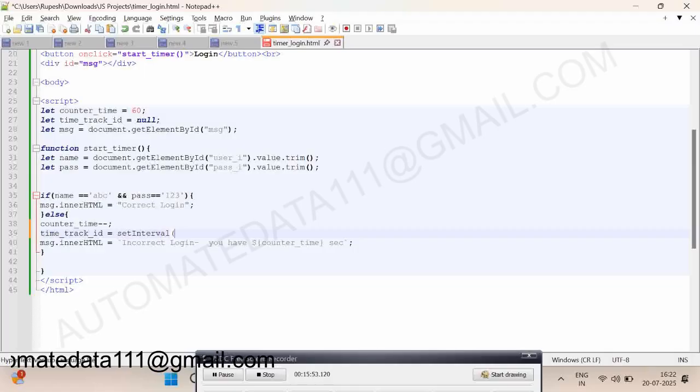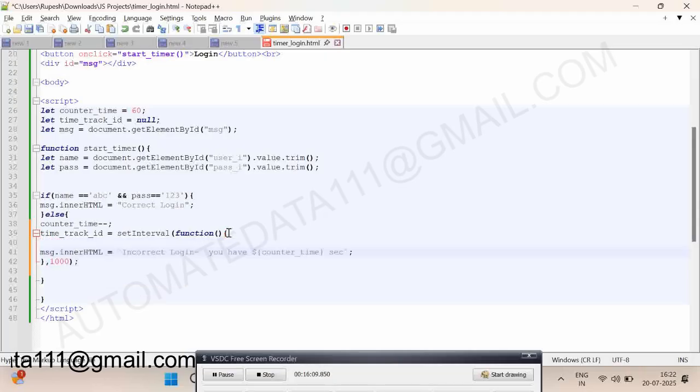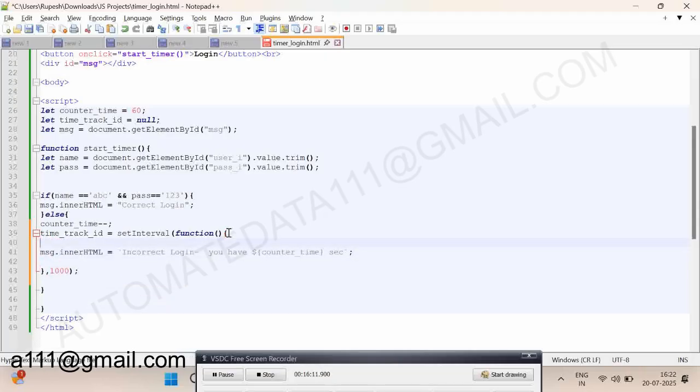Set interval takes a function and timing. 1000 means 1 second. Under this function we have to write this code, so all our functionality will come under this setInterval function. Once the set interval triggers, on each second this function will be called,